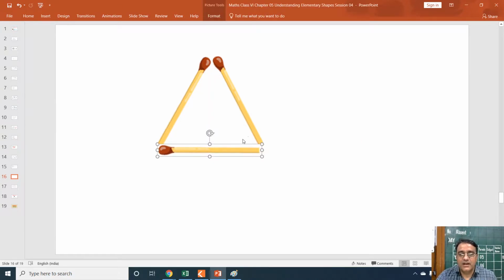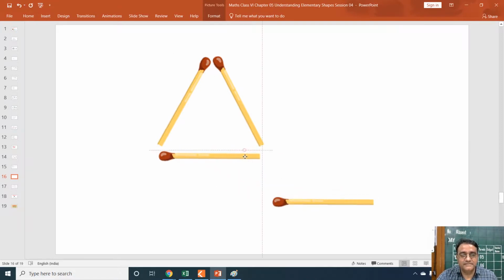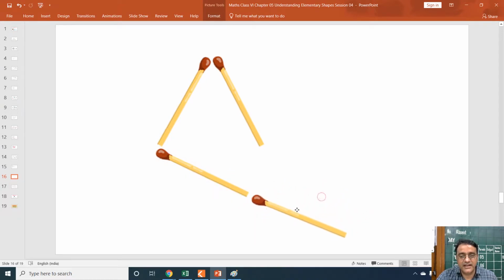If suppose 4 matchsticks are there, if I join 2 matchsticks to form one side, then I cannot close this with this single matchstick. Are you able to understand? Yes, sir. See, we will not be able to close it with this. Some side will need 2 matchsticks. If you take 2 matchsticks, then it will not be closed by the next matchstick, the fourth one. Okay. Now the next, 5 matchsticks.